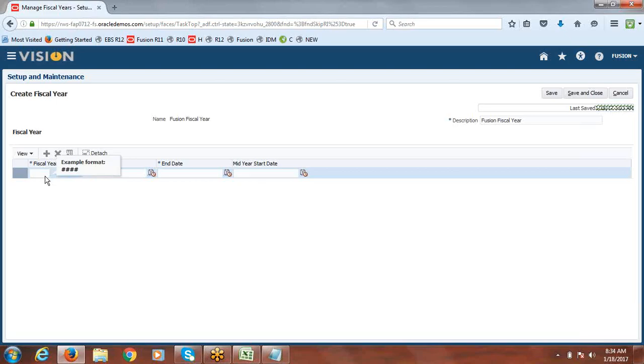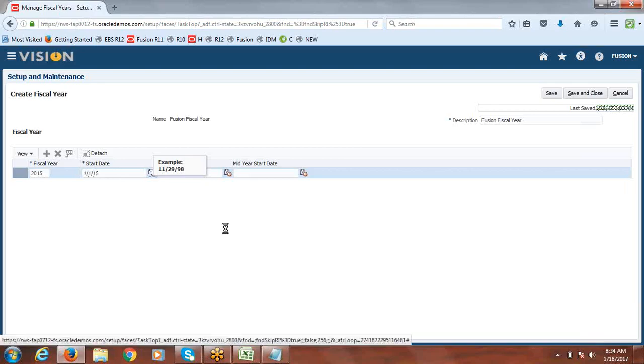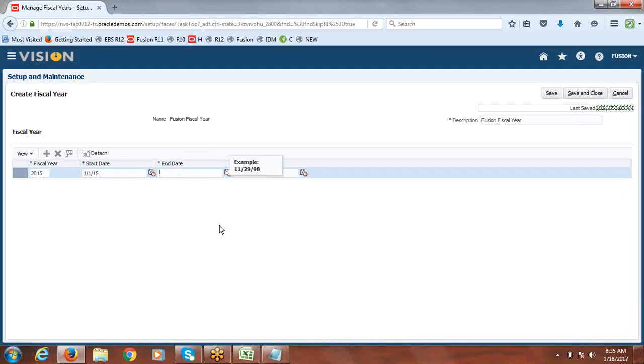I want to create this year, so from 2000, I'll go with 2015 so that it will be easy for us to add the periods also. What is the start date and end date for this? January 1st 15 is the start date, and the end date is January 31st 15.